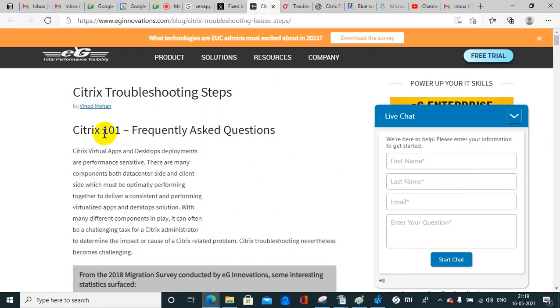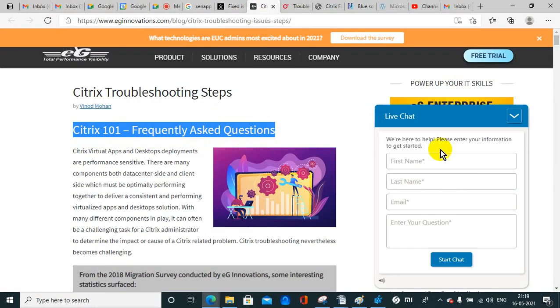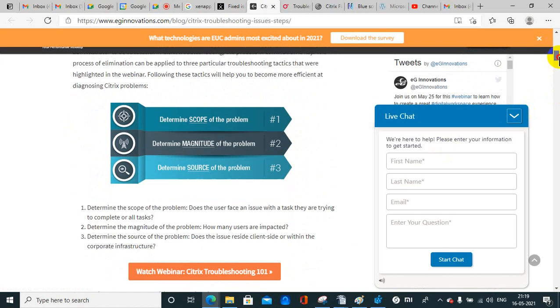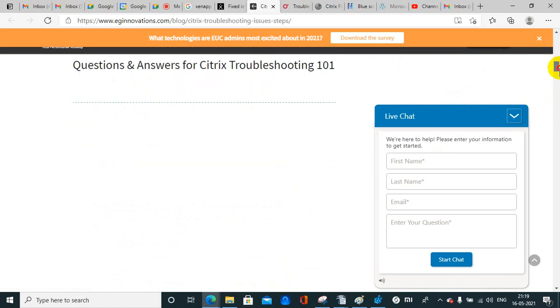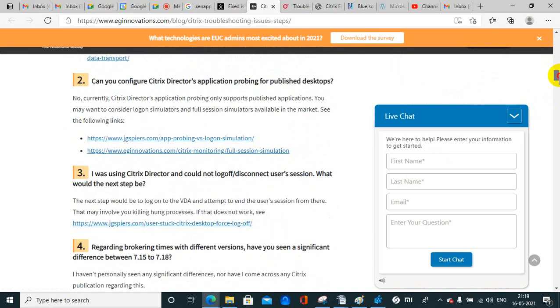Apart from that is the Citrix 101 FAQ. FAQ is basically frequently asked questions. Can you configure Citrix Director's application probing for published desktop?